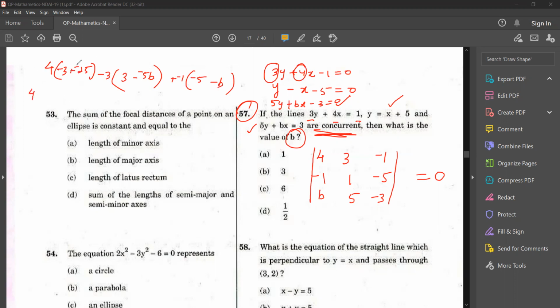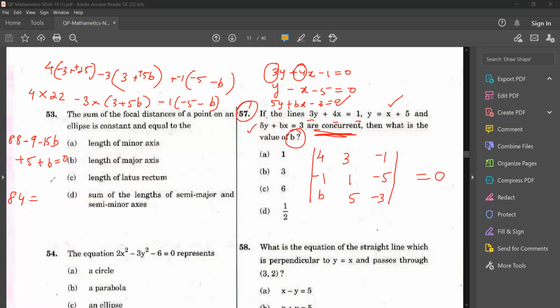So 4, this will be minus 25 minus 3, that is 22, minus 3 into, this will be 3 plus 5b, this will be minus 1 into minus 5 minus b. Now find out the determinant, that will be 88 minus 9 minus 15b plus 5 plus b equal to 0. Now find out the value of b. So this will be 88 minus 4, that is 84, equal to,